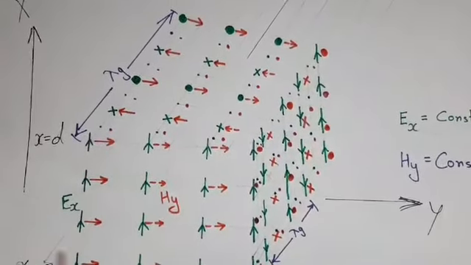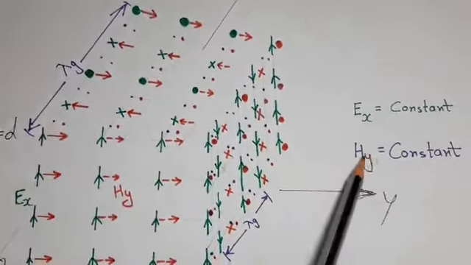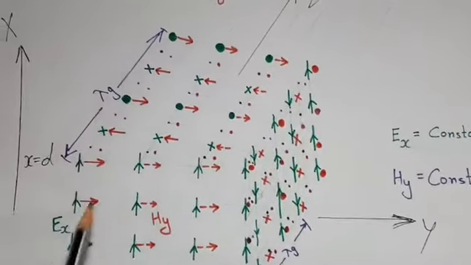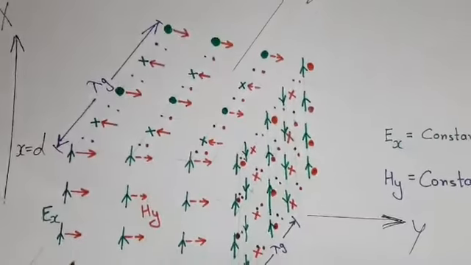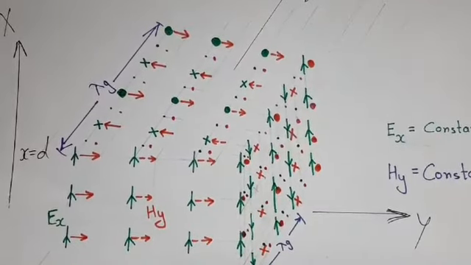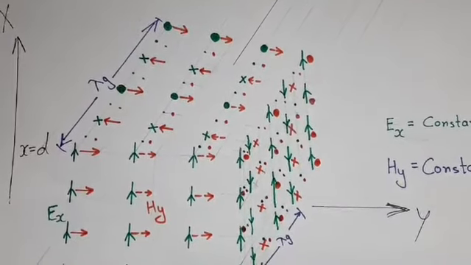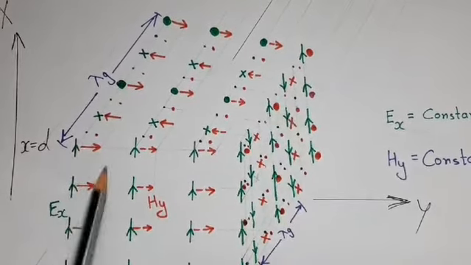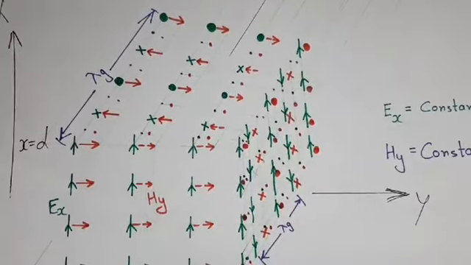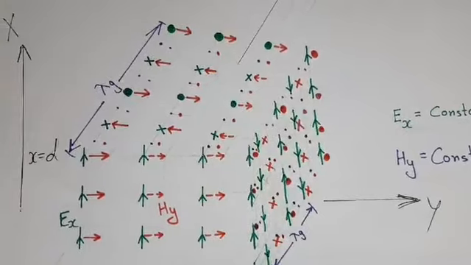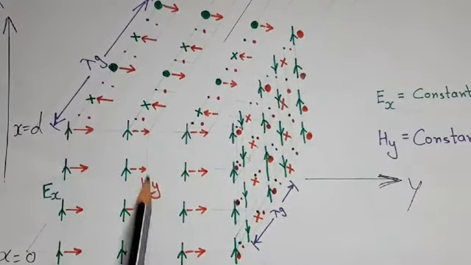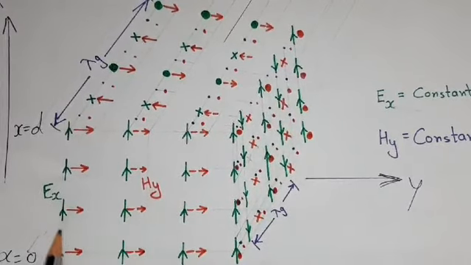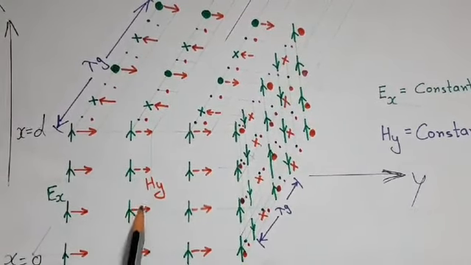Similarly, we can plot Hy. Obviously, Hy will point in y direction, and in case of TM0, it also has same strength in x and y direction. That's why we can mark Hy in this way, that is with arrows of same length. We have represented Hy in red color, and to differentiate it from electric field, we use dotted arrow.